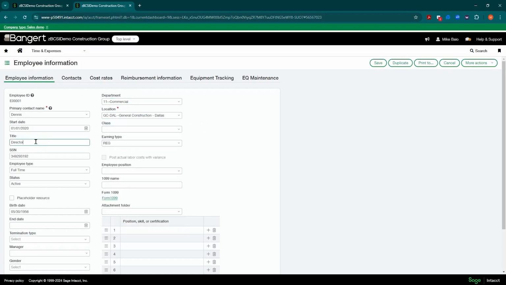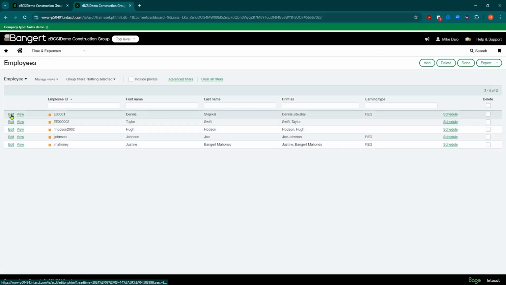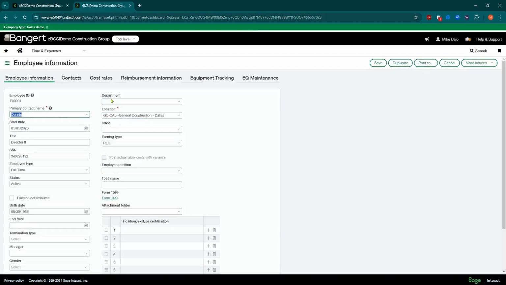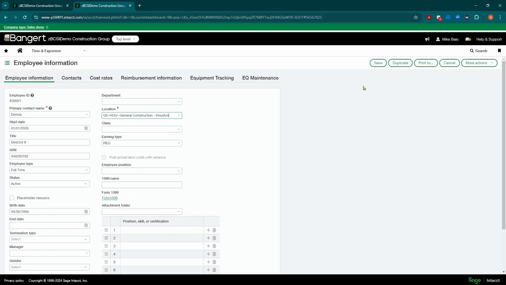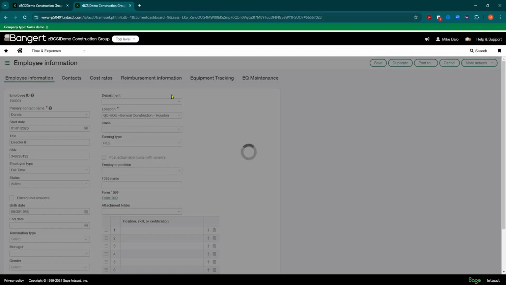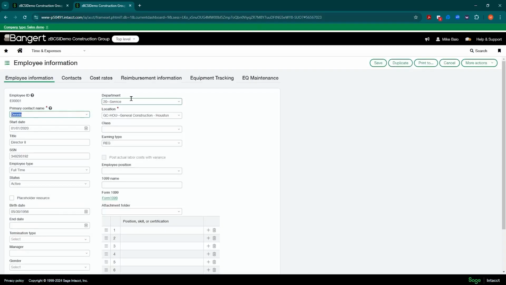What we did here is we said just update on the one location. So if I come in here and just change the description of the title, for example, and hit save and change the department, nothing's going to trigger there. It's going to keep it as the department. This is all based on how you want to set this type of stuff up. But if I change the location on an existing record, let's make them part of Houston now, click save. It's going to trigger, and it's going to go and add the correct department. Now it's going to grab service.